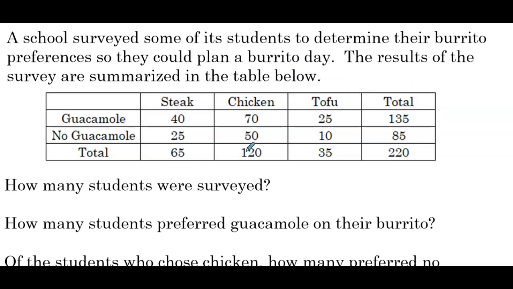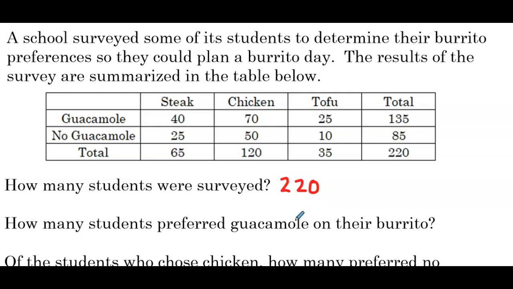And then we see along the sides, we have totals, total number of students that prefer guacamole, total that does not, total number that prefer steak, chicken, tofu, and that bottom right-hand corner is the total number of students that the school surveyed. So let's answer those follow-up questions. How many students were surveyed? So that bottom right-hand value,